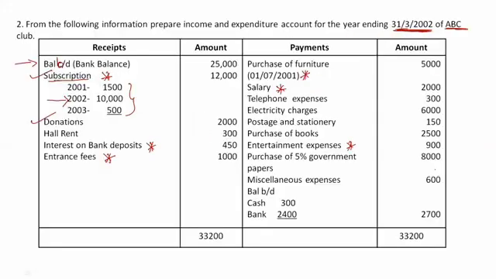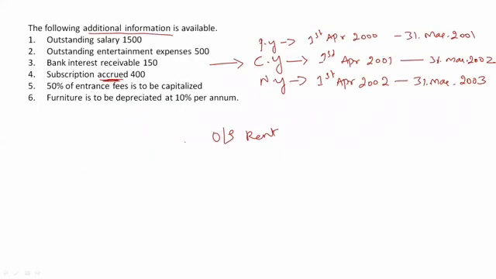Then back to the question, we have entrance fees rupees 1000. Now hall rent is done, and interest on bank deposits is done. Yes, we have entrance fees. So we know that it's a revenue income. Whenever any person enters into the club, they have to pay the fees. It's regular, right? So it's a revenue income. Rupees 1000 should be taken, but there is a star mark here, means we have an adjustment. So let's check what is the adjustment.